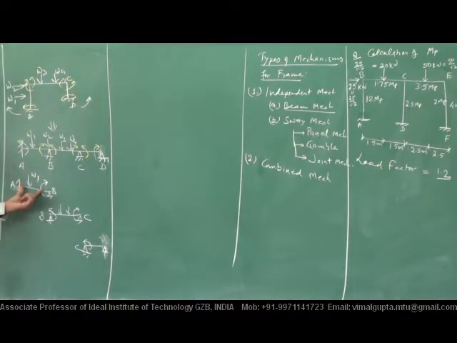This is the meaning of beam mechanism for AB. What is the meaning of beam mechanism for this one, BC? If it is W2, it is W3 and W4. What is that meaning? The meaning of beam mechanism BC is only this: what can be the maximum value of W3 and W4 so that the beam is safe, that the beam does not collapse.